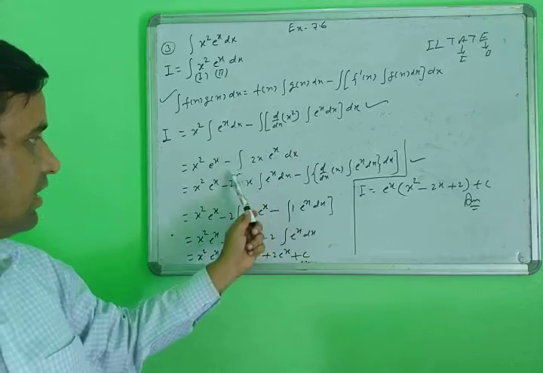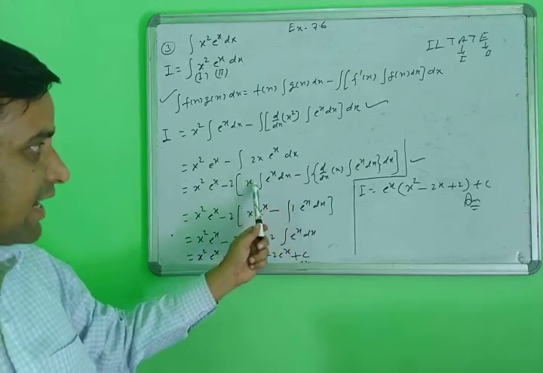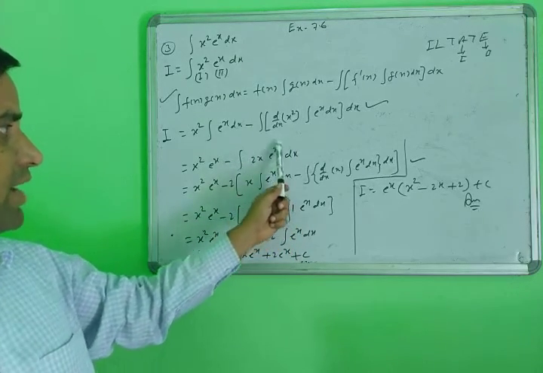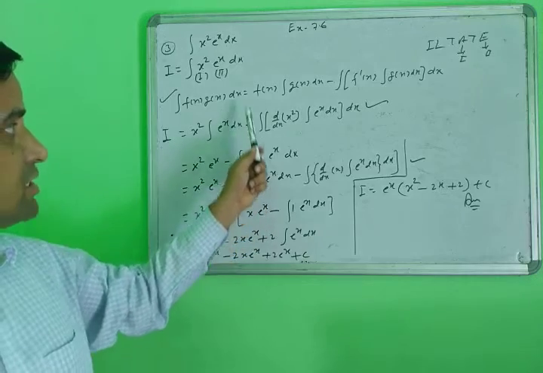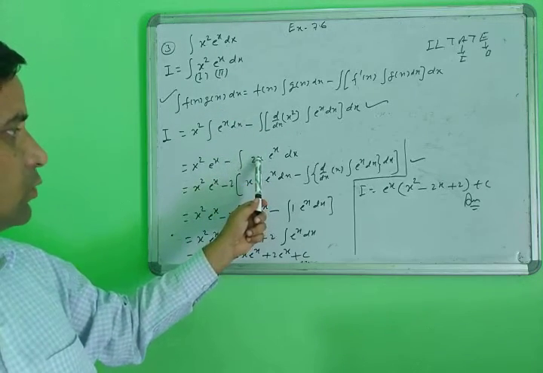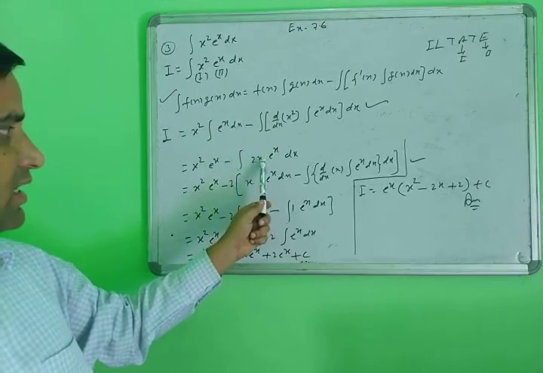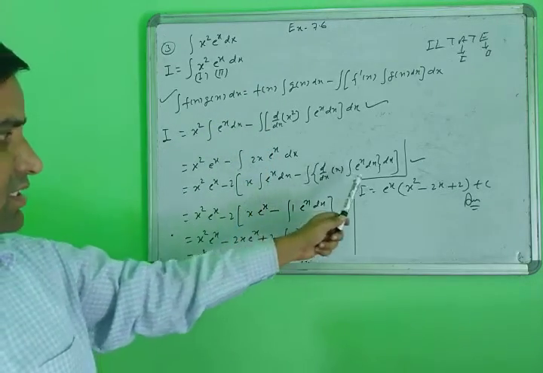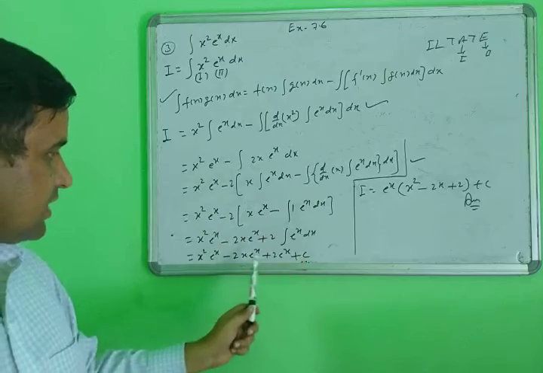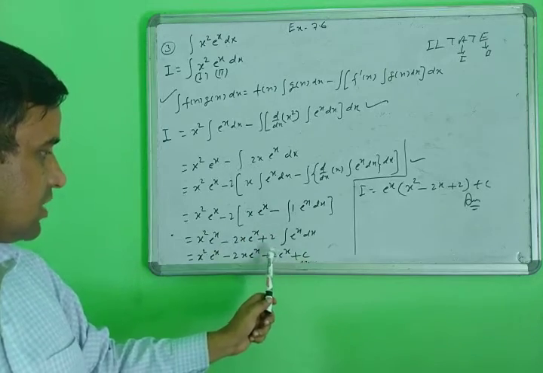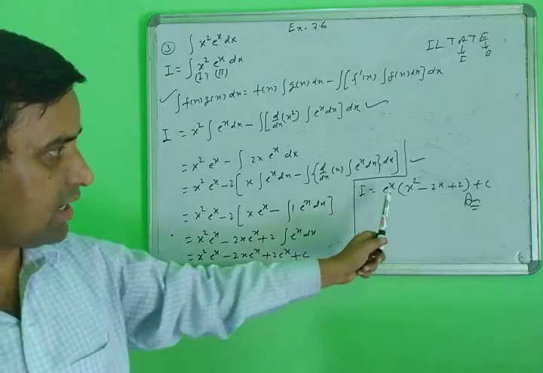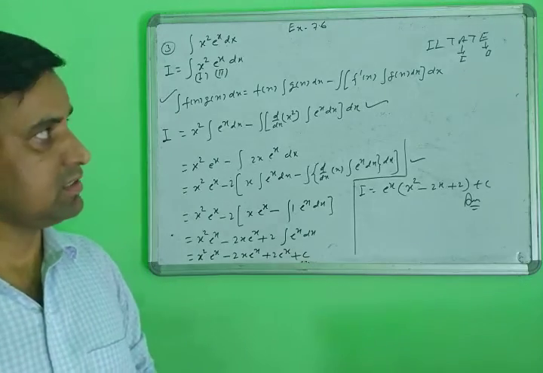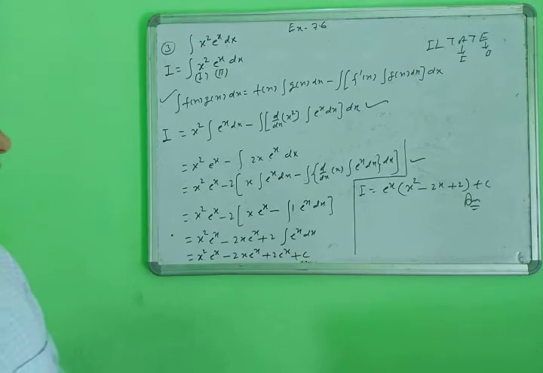Then integrate here. Suppose you need these rules again, then apply them again, because you are taking outside the first function and second function, repeating this rule again. Then calculate again, take the common terms outside, and then you write the final answer. Yes, you note it down and then next.